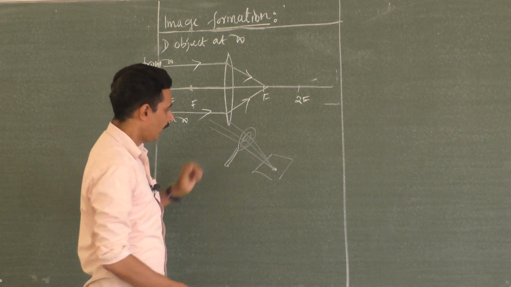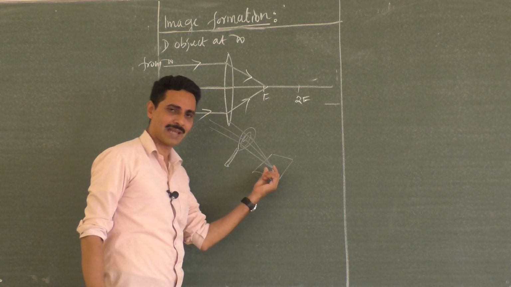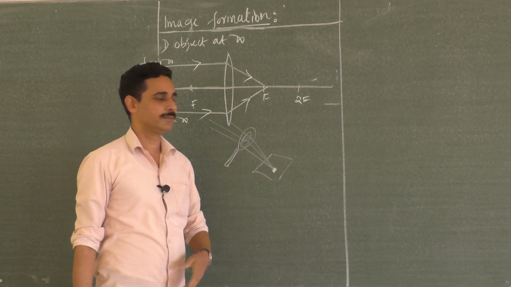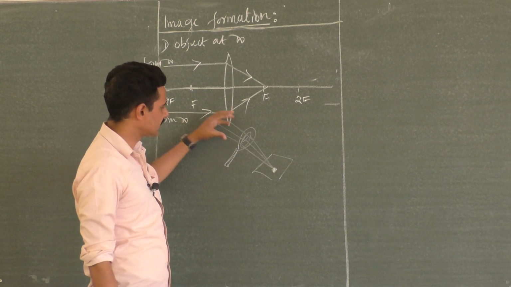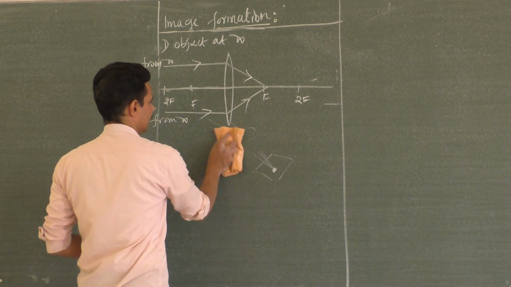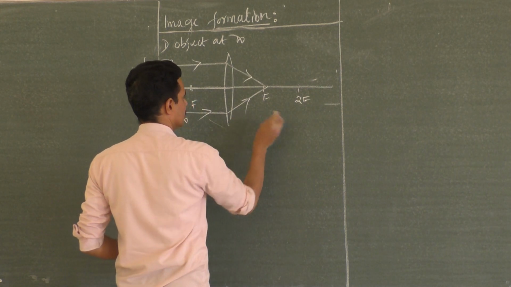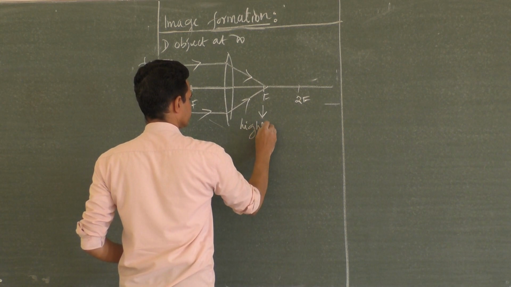Same experiment. What do you see here? The point, a very bright point. What is it actually? It is nothing but the image of the sun. So the image of the sun is highly diminished, very small, real and inverted. So I can write the image as highly diminished,